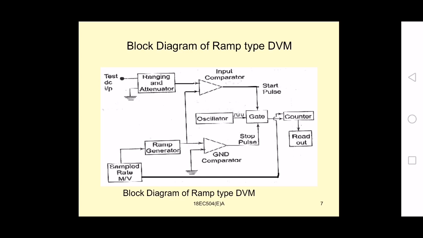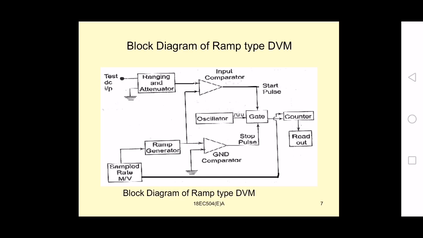So again, what we are comparing is the ramp signal with the ground signal. The negative going ramp signal first coincides with the input signal, and next it has to coincide with the ground signal. The purpose of this ground comparator is that the ramp signal is continuously compared with the ground signal. When both are matched, we get the stop pulse. So between the start and stop pulses, the pulses generated by the oscillator are counted by the counter,